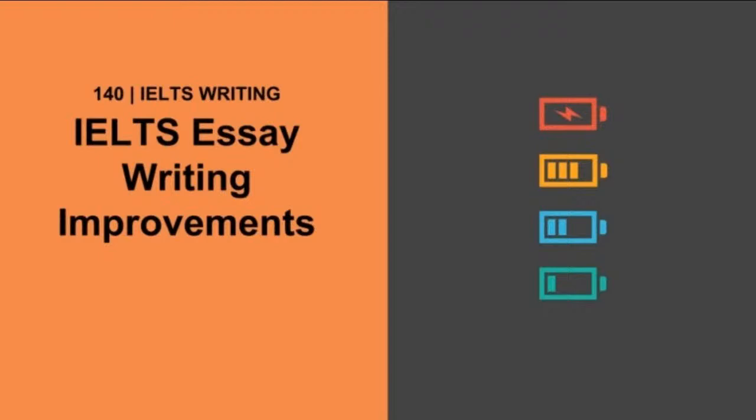How did the Band 9 essay organize the ideas? What vocabulary did they use? What vocabulary did you use? You see? And just go through, compare each idea. What's the word count there? How big was the conclusion? You know, how many collocations were in that Band 9 essay? How many collocations did you use? Okay, so this is one task and it's very valuable.